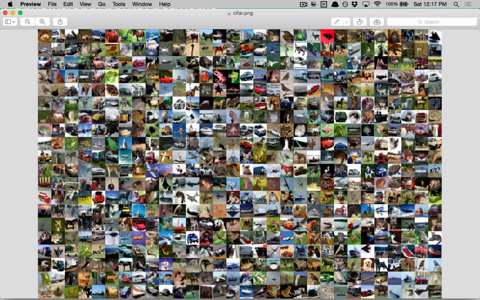It's a 10 category data set containing automobiles, ships, cats, dogs, deer, frogs, horses, birds. I think it's 10, roughly. Let's see how many things our neural networks can recognize. So it looks kind of like this.